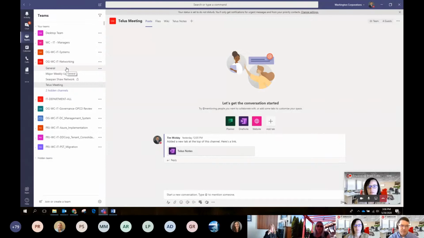So when we go in and we're like, hey, when I look at Teams, mine looks nothing like yours, Tim. Like, why is there not a kind of a menu that I can go pick and join the teams that I want to join? Well, what we had to do early on when we started rolling out Teams is make a big decision. We had to lock down the creation of teams